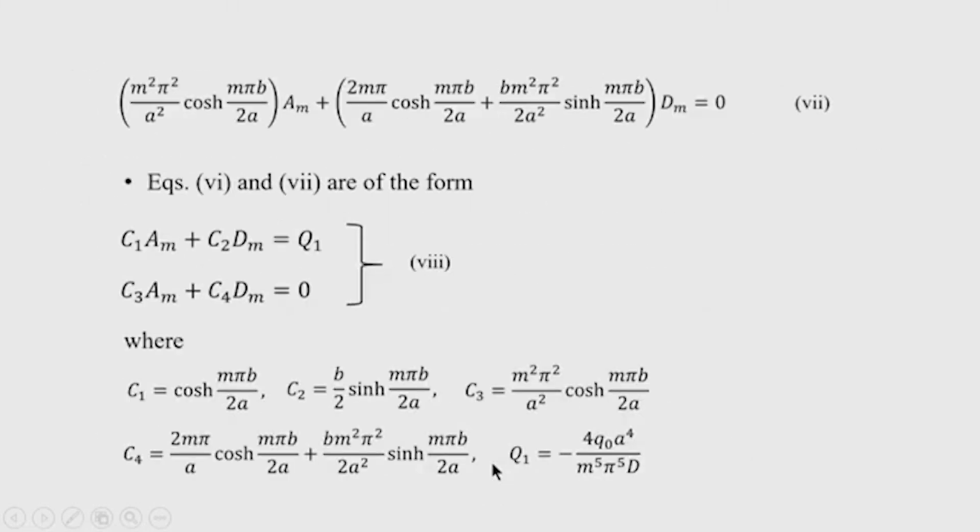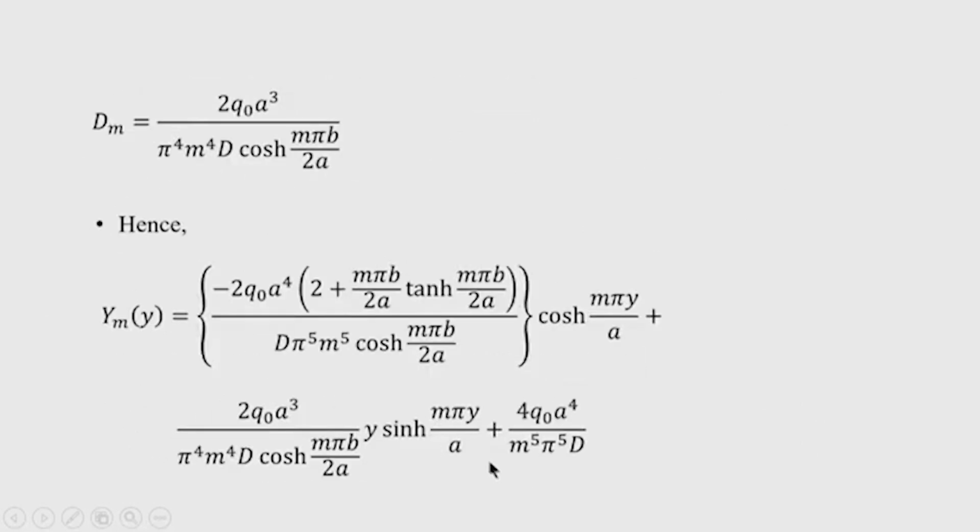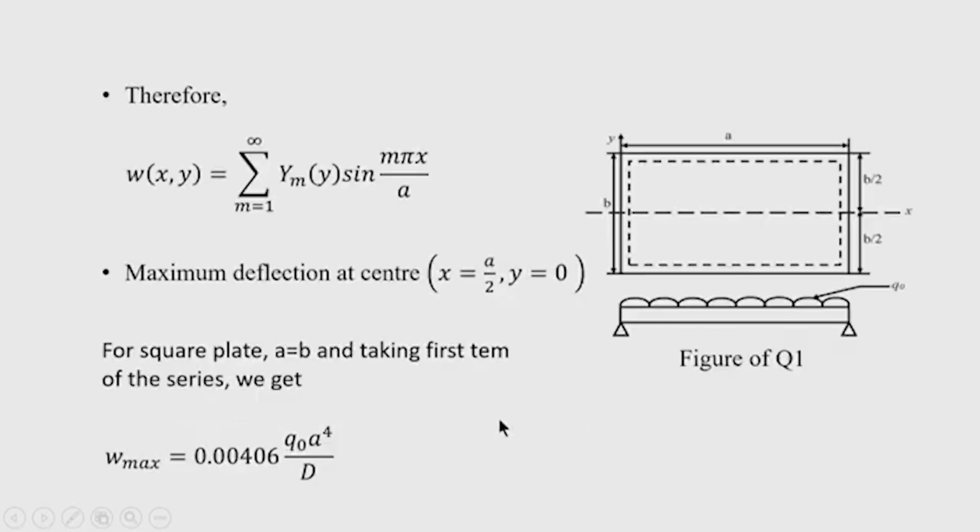After writing this equation, we get now the complete expression for the y function. It is given like that, and the deflection is now y into sin m pi x by a. Now, a rectangular plate carrying uniformly distributed load, and we see this symmetrical support condition, simply supported along all edges. The standard result we know from Navier's solution already, and we can compare our result that we obtained by Levy's